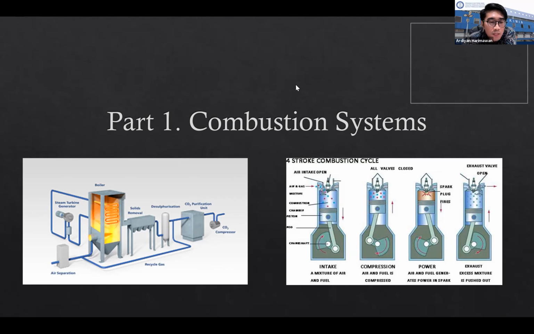So the product is only CO2, water, and heat only if what? If the combustion happens perfectly, right? What we call complete combustion or perfect combustion, pembakaran sempurna. The complete combustion only happens if you provide enough